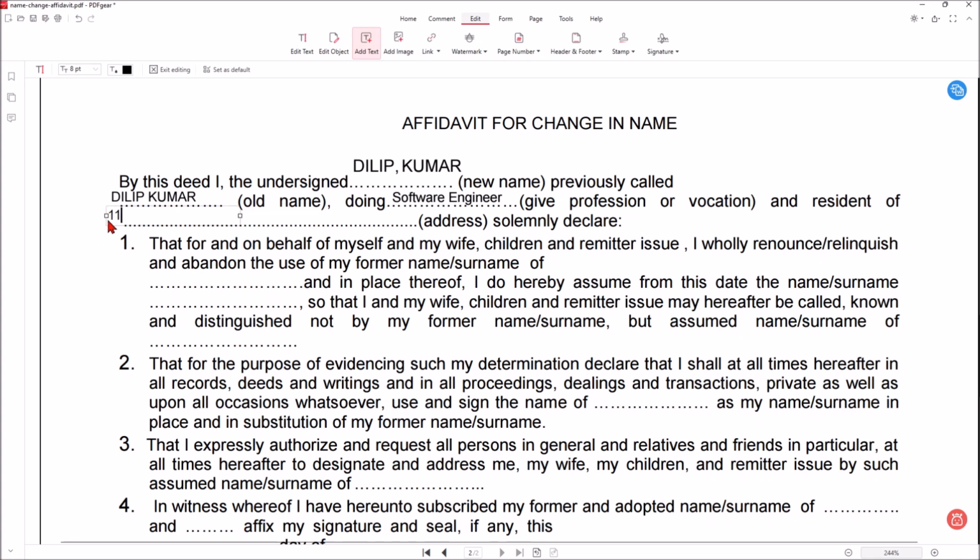So you can start your address as the house number, then street name, then you need to enter your city name, then state name, followed by the zip code. Solemnly declare that for and on behalf of myself and my wife, children and remitter issue, I wholly renounce or relinquish and abandon the use of my former name or surname of. So you need to write your name as Dilip Kumar over here,